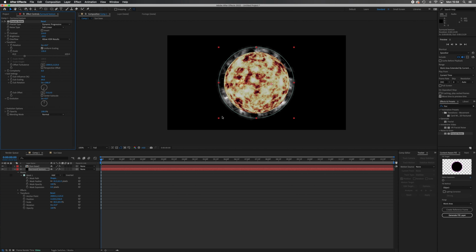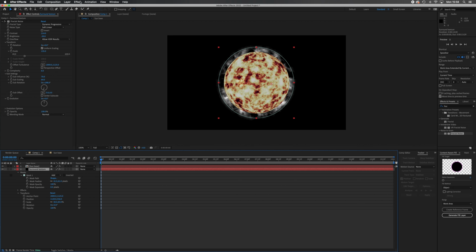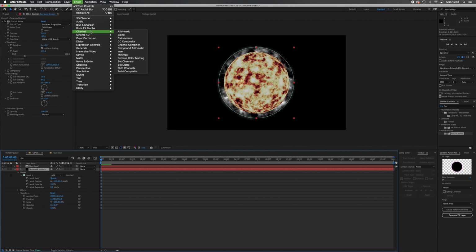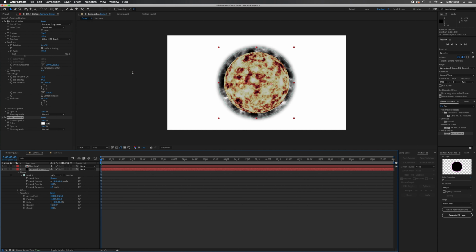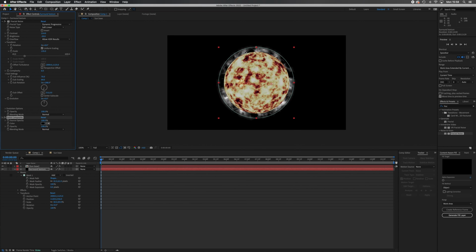So what I'm also going to do is I'm going to right click on it. No, sorry, not right click. Effect and channel, and then I'm going to go into Solid Composite, and what this does is it kind of blends it with another solid to kind of get rid of that transparency and give it kind of solidity. So what I need to do now is go into Solid Composite Effect, go to white, set that to black, and now that's nice and solid. It doesn't have any transparent elements in it. Okay,